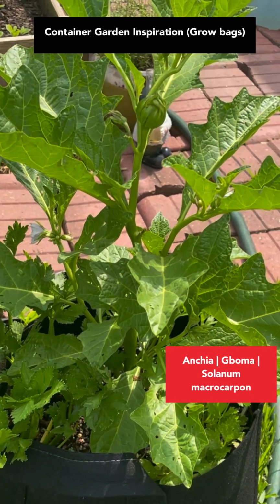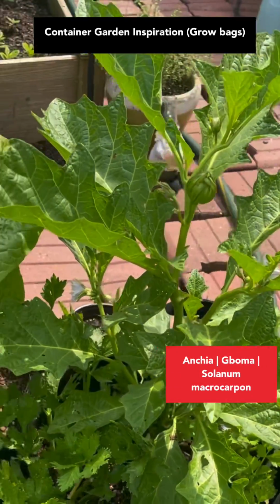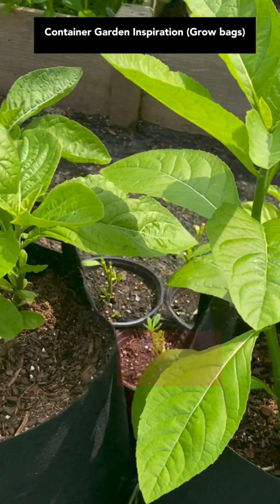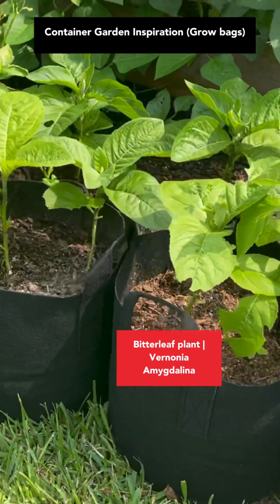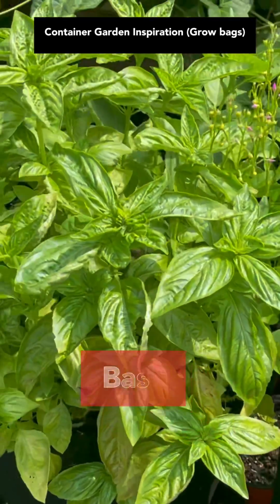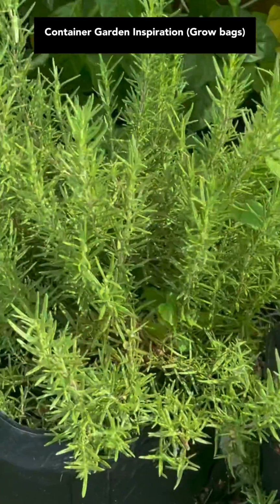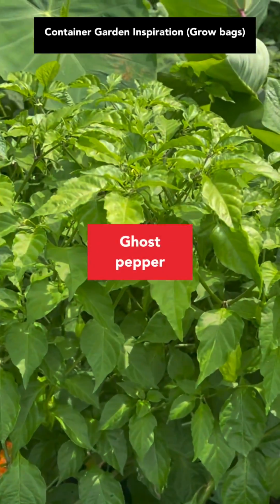This is anchia growing in my grow bag. Then I have bitter leaves as well. See how well they're doing. It's bitter leaves. And then over here is basil, more bitter leaves, my rosemary, and then this huge ghost pepper